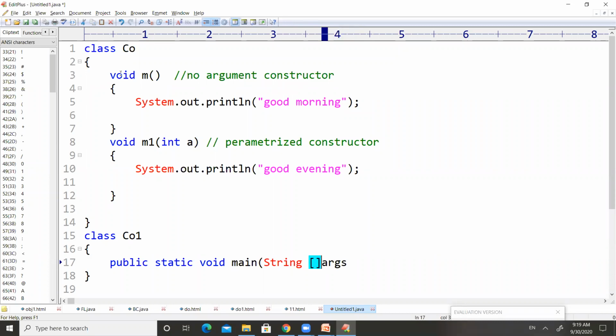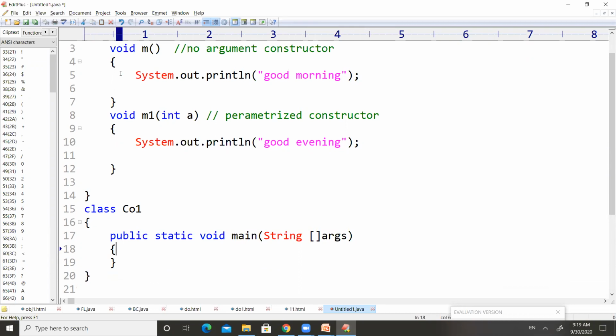So this is the main method in Java programming language. Inside the main method, if I want to execute the method m and the method m1, which were present in CO, I need to create an object for class CO.